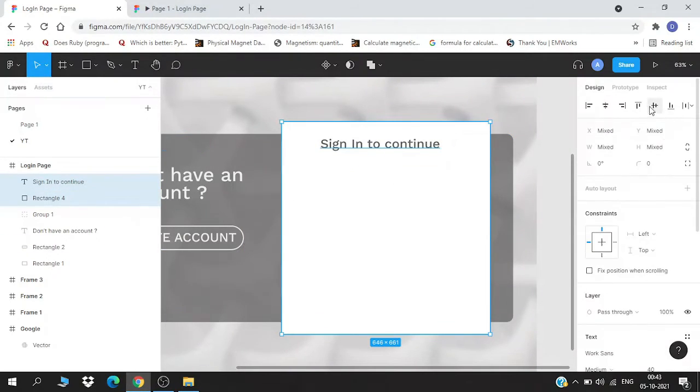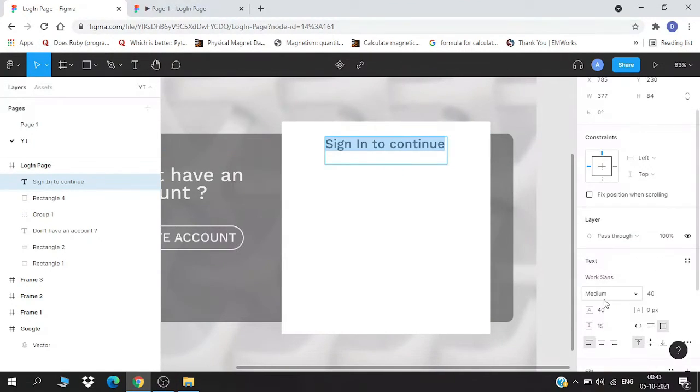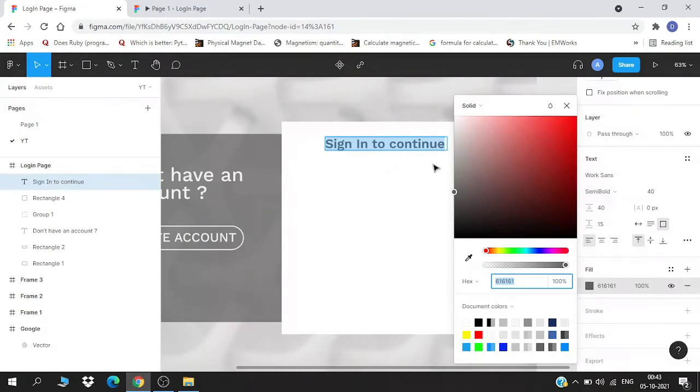And I will align these two, and I can make it a little bold. Yeah, and this is fine. And we can choose some other color if we want.